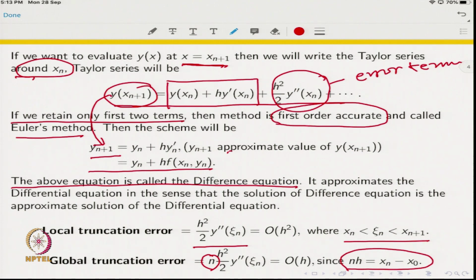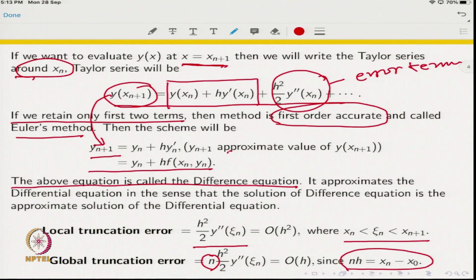So, this is called the forward Euler method. Why is it called the forward Euler method? Because Euler is the name of a scientist who invented this method. Why is forward coming? Because we are going one step in the forward direction. We have started from x naught and we are computing at x1, and once we know the solution at x1, then we will go to x2. So, we are moving in the forward direction, that is why it is called forward Euler method.